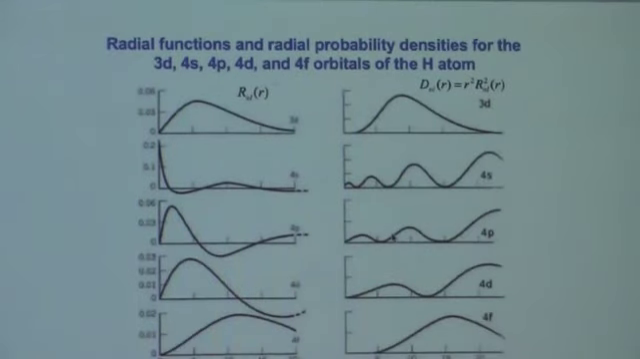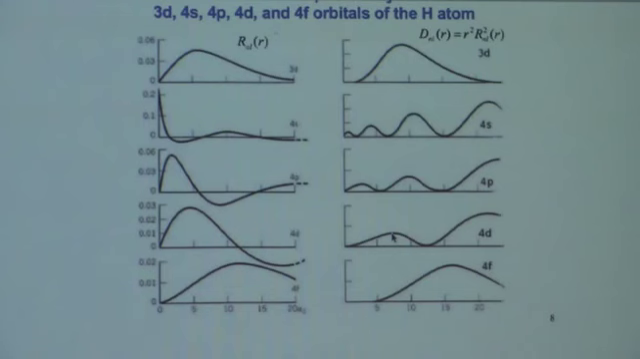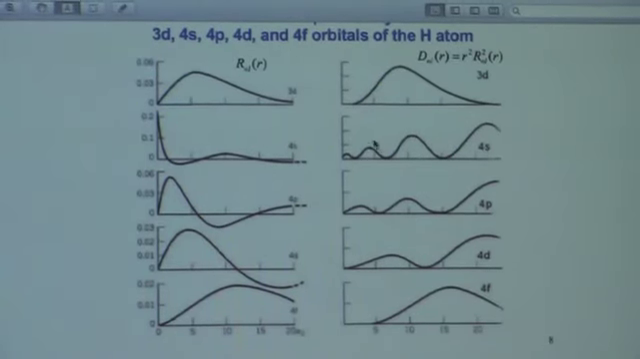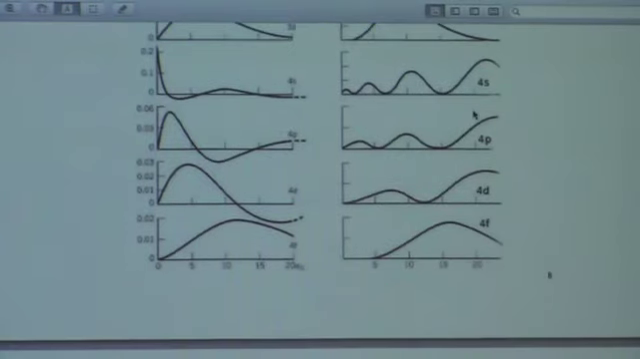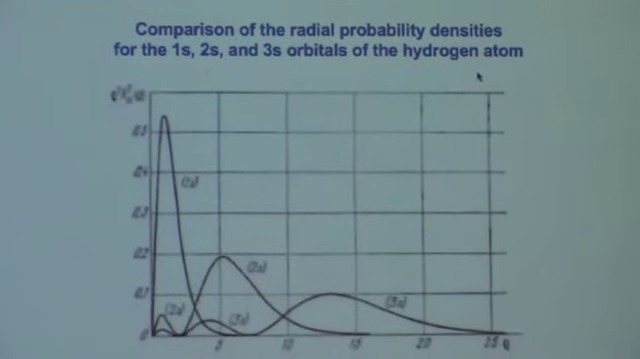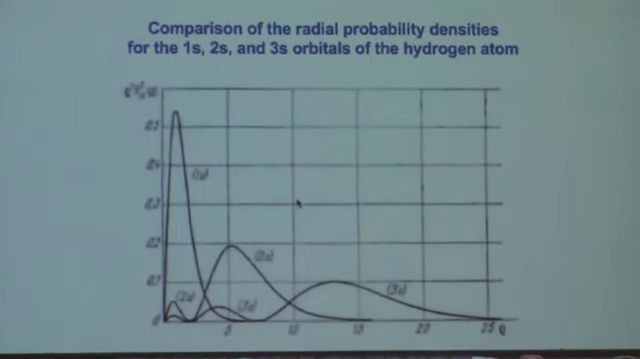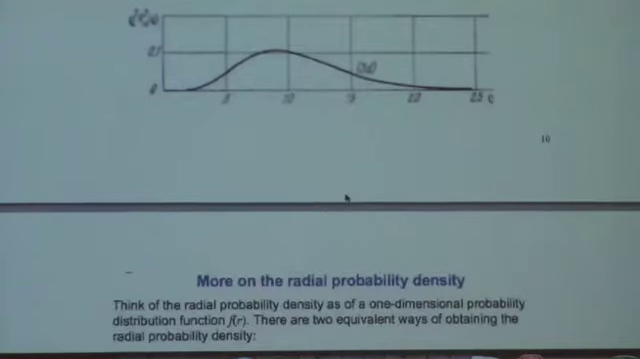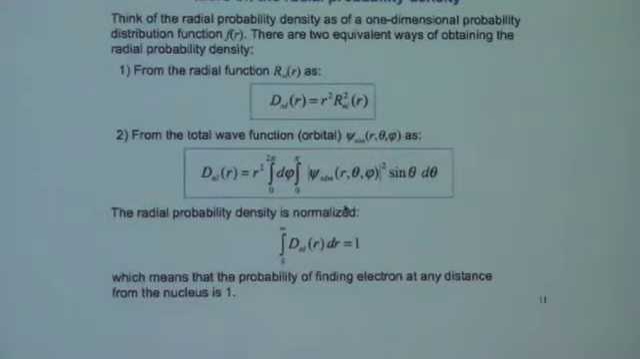Okay, and continuation of that for d. Maxima just become further and further from the nuclei, and then the larger the difference between n and l, the more nodes you have. And this is all on one scale, 1s, 2s, and 3s. The same with p and d. Okay, so now